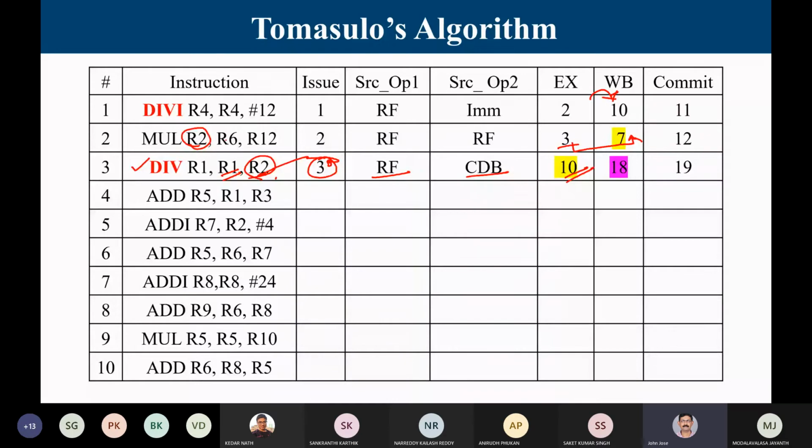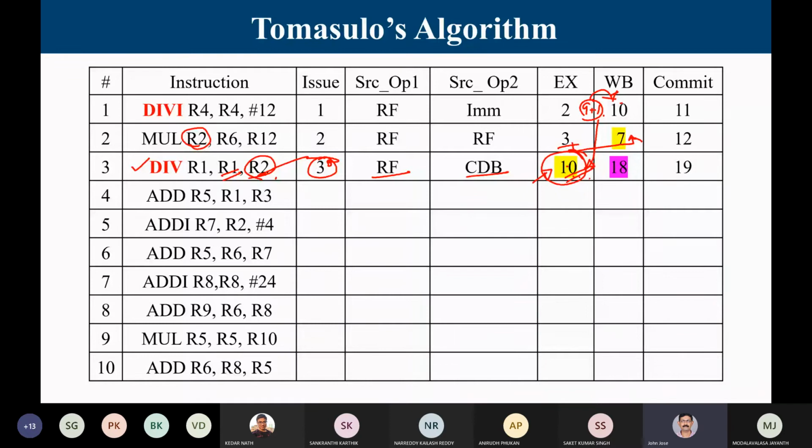The second entry in the reservation station is for this division. Now how long will I wait? I have to wait because I can start only at 10. Why 10? Because this division unit has to complete the operation. Then only I can start. Whenever I complete at 9, that 9 plus 1 is this. In the 9th clock cycle it will complete, in the 10th clock cycle it will exit the result. So in the 10th clock cycle a new one can enter.